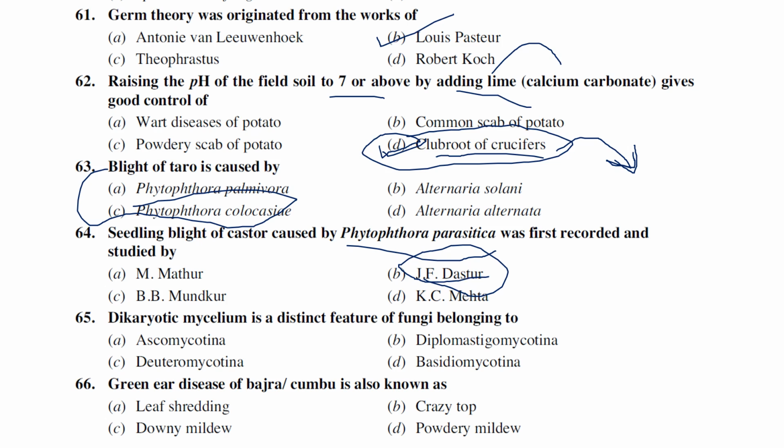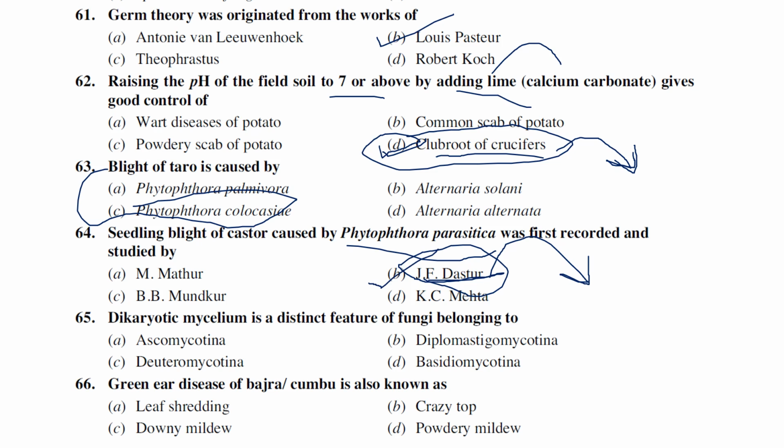So in India, the Phytophthora genus was established by JF Dastur, and he was also the second president of IPS, the Indian Phytopathological Society. This IPS was started by BB Mundkur on February 28, 1947. It actually came into enforcement only in 1948, but it was started on February 28, 1947, under the chairmanship of SR Bose and BB Mundkur.